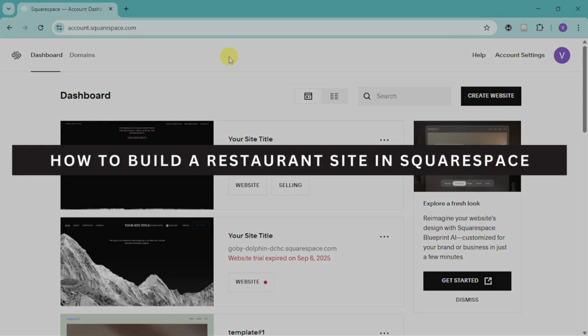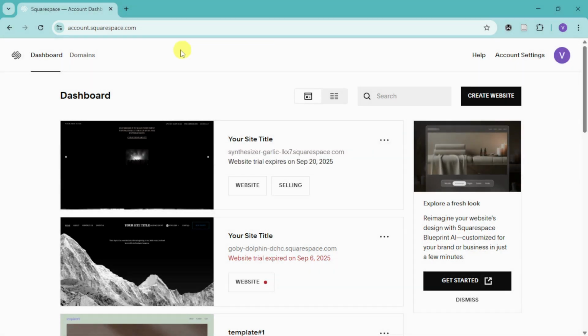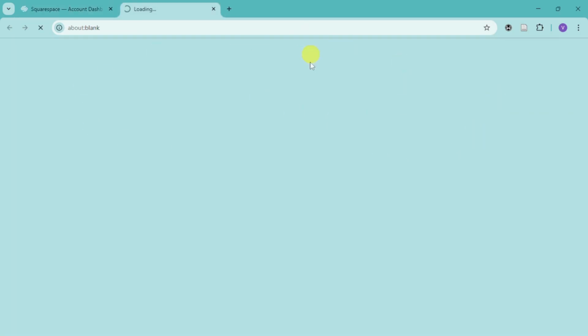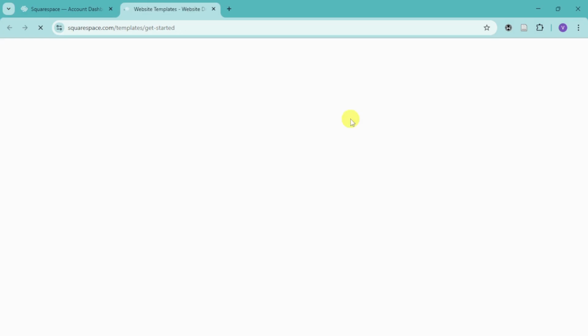How to build a restaurant site in Squarespace. So in order to do this, you first need to head over to account.squarespace.com once you have successfully logged in. From in there, you should be able to see the Create Website option. So you just need to proceed to click on that and you will be redirected right here in order to